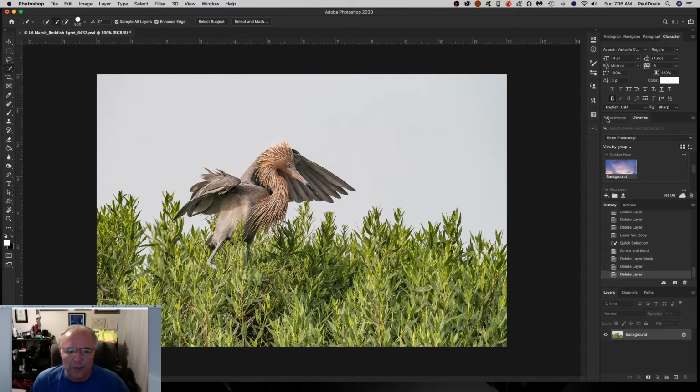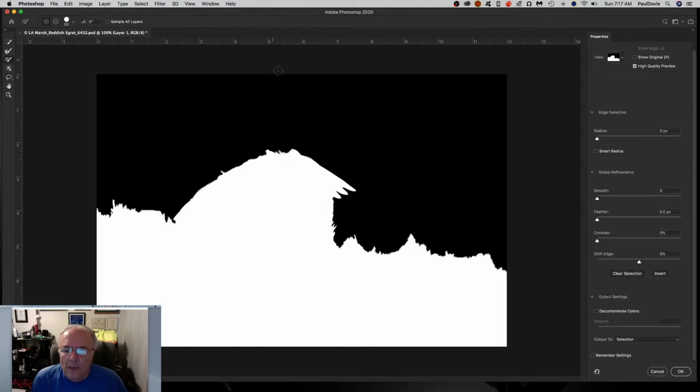So I want to be able to really use this photograph, and to do that I will use my Select and Mask tool. So with that being said, I'm going to create a new layer. This is going to be my mask layer. I'm going to get my Quick Selection tool, and I'm going to paint the area that I want to keep. And I'll get into Select and Mask now, and I'll paint in the area that I want to